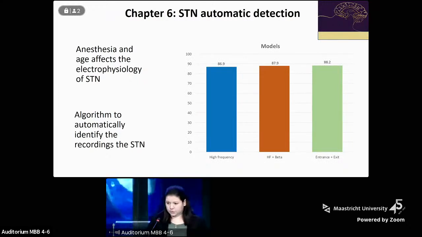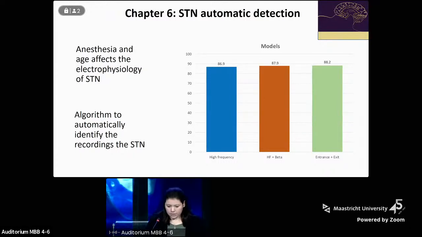We start with a simple algorithm that uses only high frequency, and we have to have a good performance. Based on the current literature, we add beta because it has been shown to increase the performance of the algorithm, especially in the ventral border. So we make a second model with both high frequency and beta, and we found a small increase in the